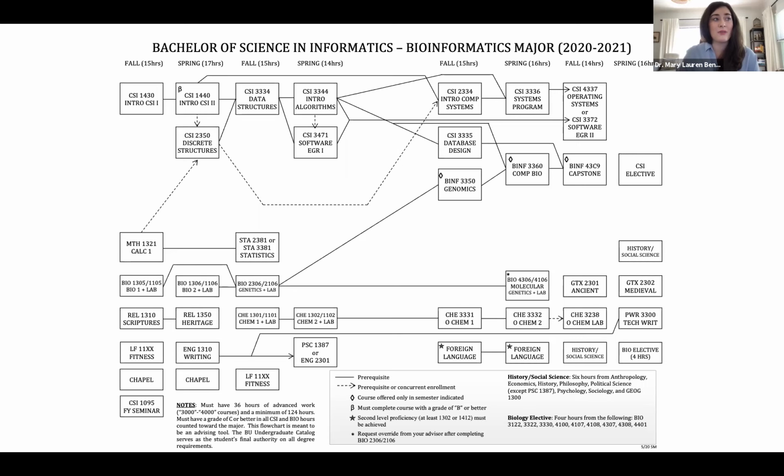I'll point out at the bottom, these 3 with the little diamonds are our bioinformatics focused classes. So our genomics and our capstone project at the end. And then down here at the bottom, this is our math and biology and chemistry tracks. You can see some of the classes that you take, including genetics courses, some chemistry classes, and then along the bottom are more general education requirements. And so you'll still get some of those foreign language and social science and other kinds of electives at the bottom.